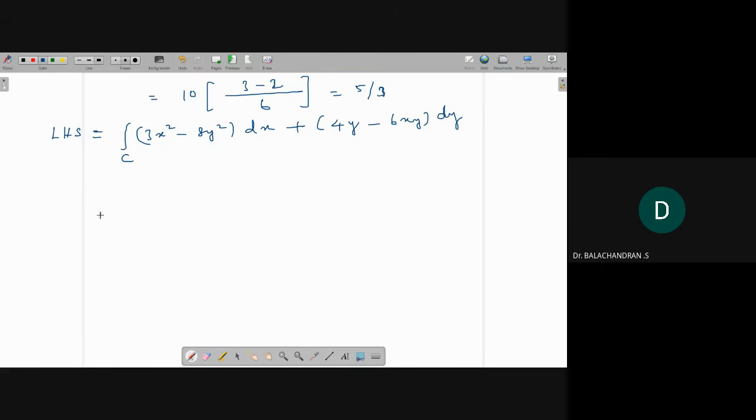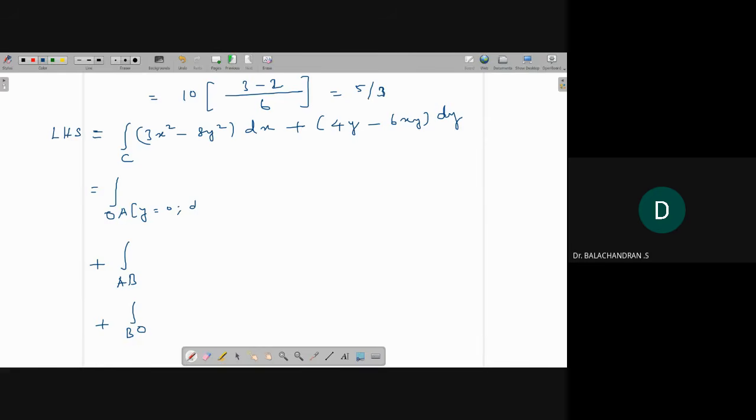Okay, now I should split this into along OA, okay, along OA. So next plus along AB, plus along BO. Along OA, you can write y equal to 0,